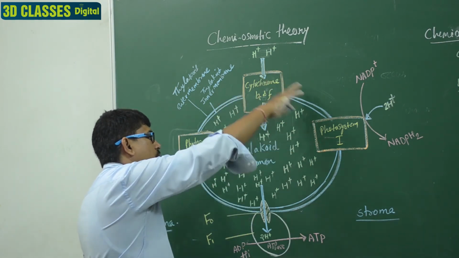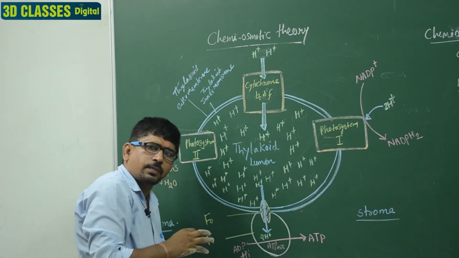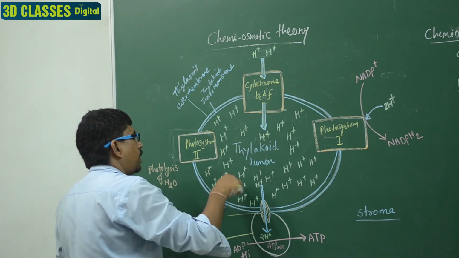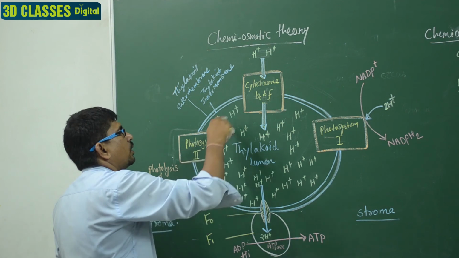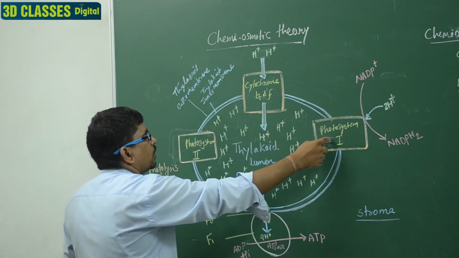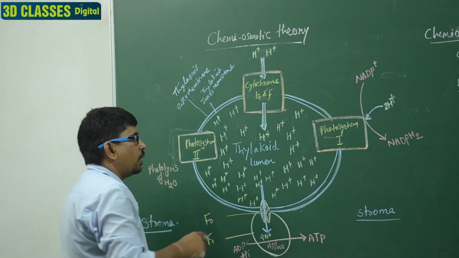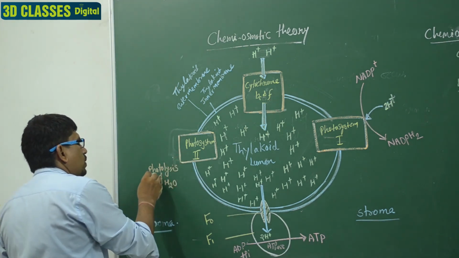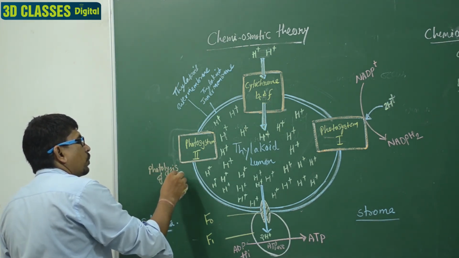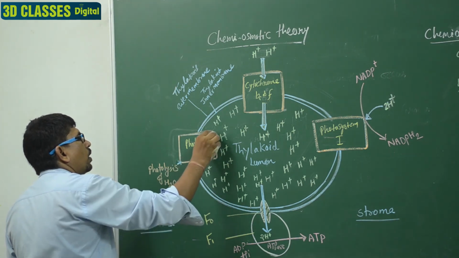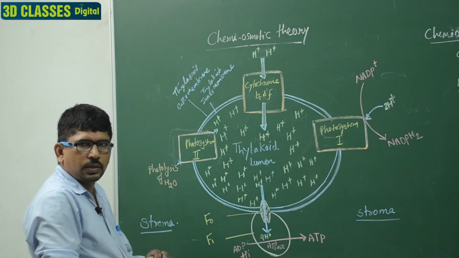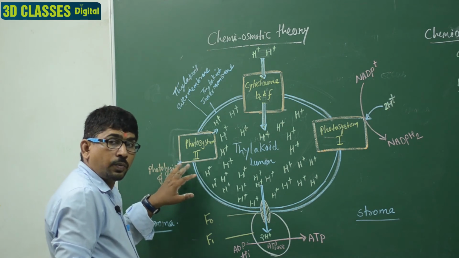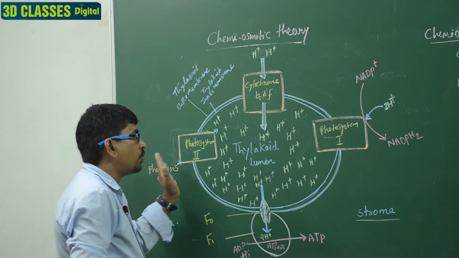So in this diagram we have discussed the thylakoid membrane and thylakoid lumen, very important. Inside is the thylakoid lumen, and here photosystem second, cytochrome b6f, and photosystem first are present. This represents the Z scheme or non-cyclic process. In this, the photolysis of water occurs, and due to the photolysis of water the protons are formed. The photolysis of water occurs in the thylakoid membrane, and the protons are moved into the lumen.